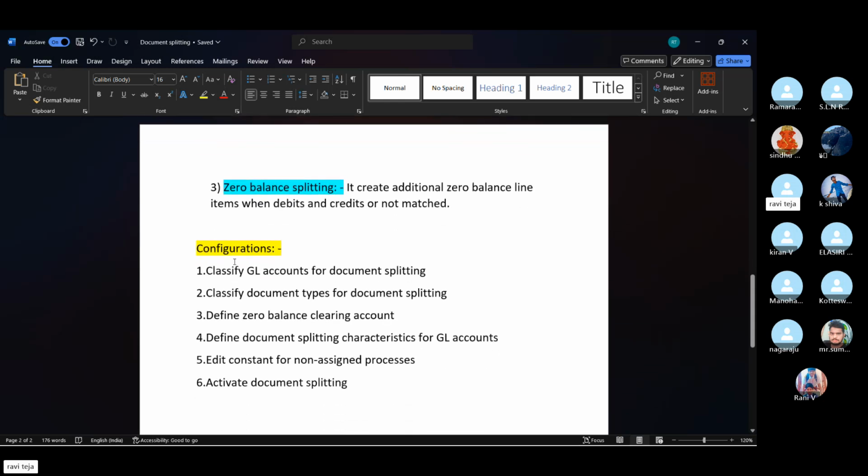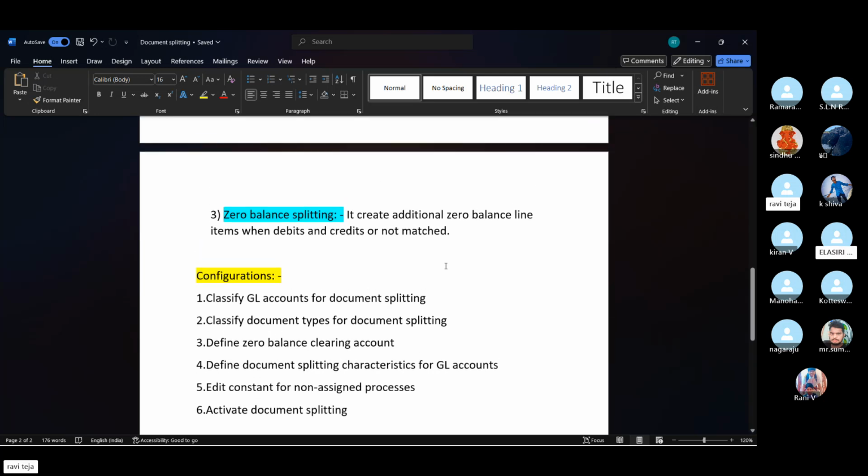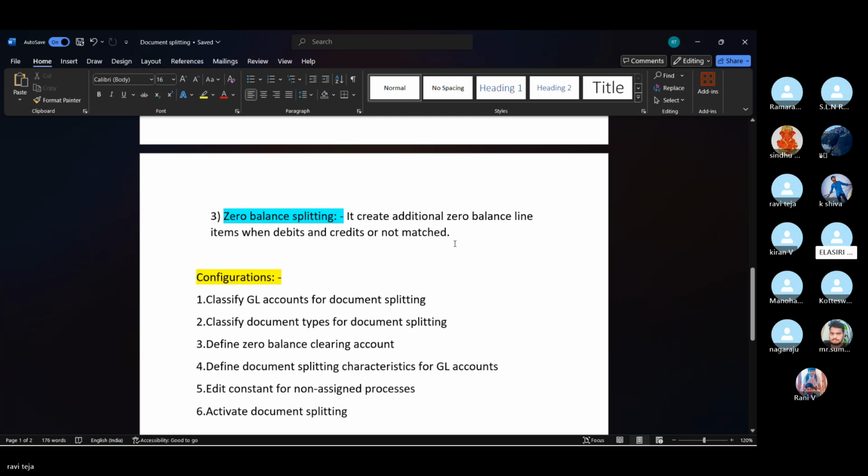The entry will have the transaction amount.